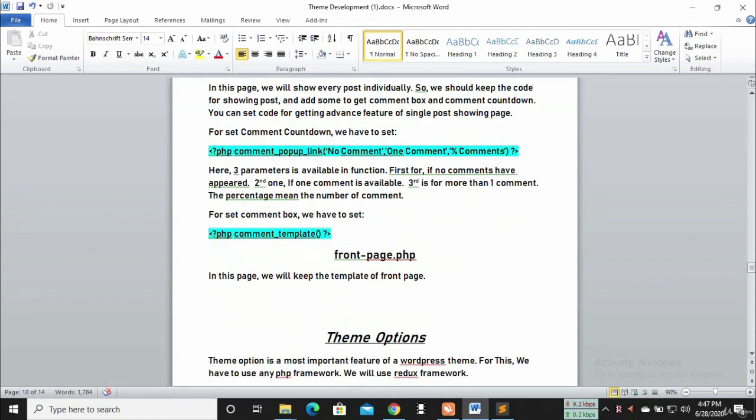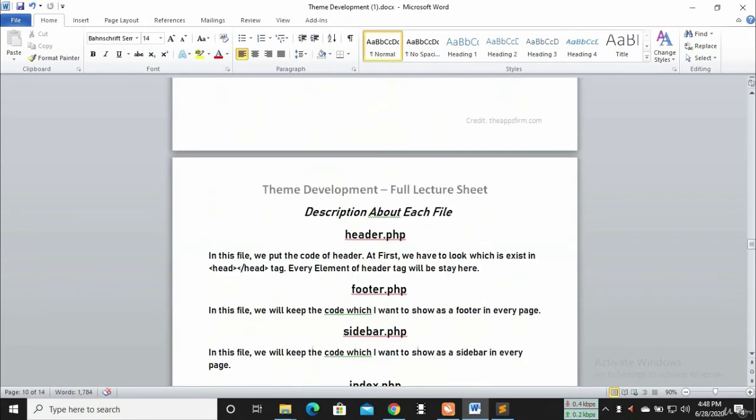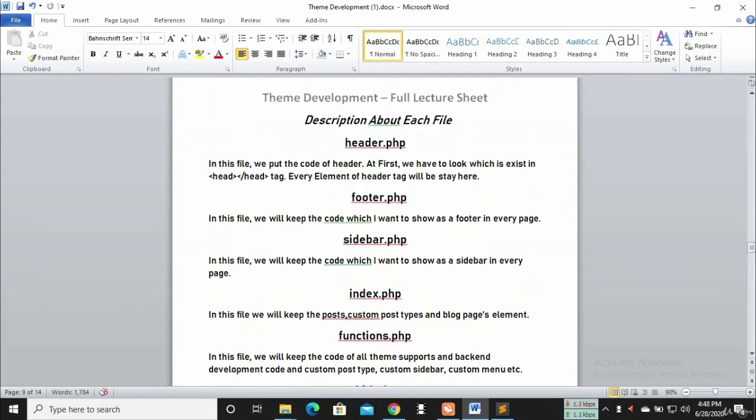And then we have to know about front-page.php. In front-page.php if we want to keep any page template as our front page, then we will keep this template in our front-page.php. Okay, now we have learned about every file, and